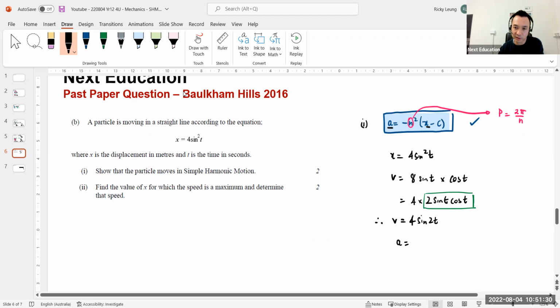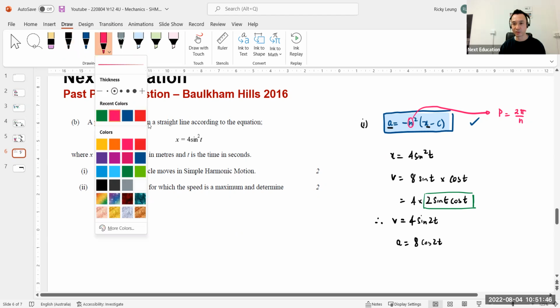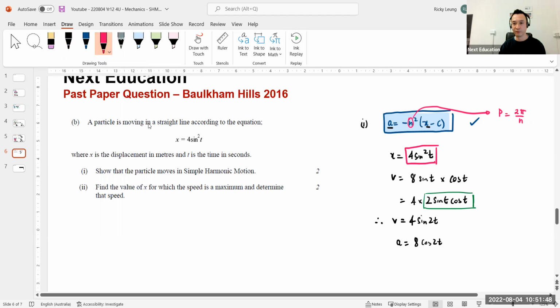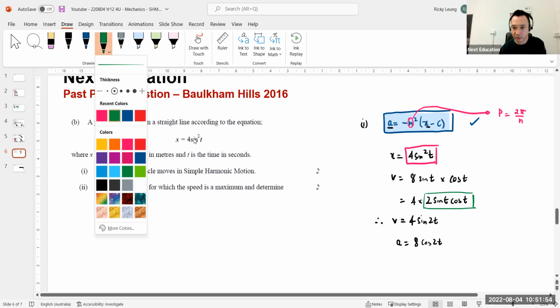Now the 2 comes in front, sine differentiates positively, so that's 8 cos 2t. Now, at this point, you say to yourself, well, wait a second. What am I trying to do? I need to somehow, like in the last question, substitute this or find this expression here so I can sub in, right? So then once again, we're going to use our amazing 3-unit